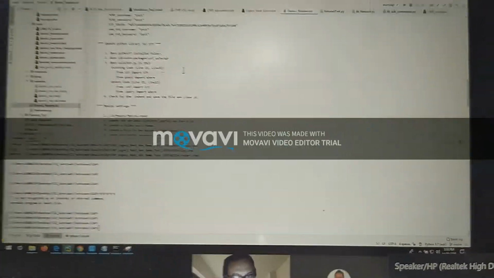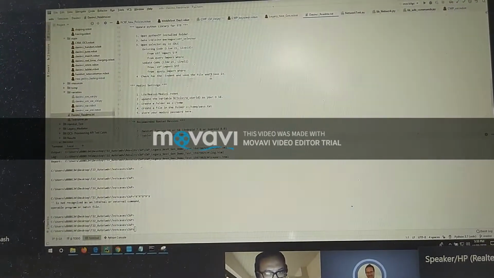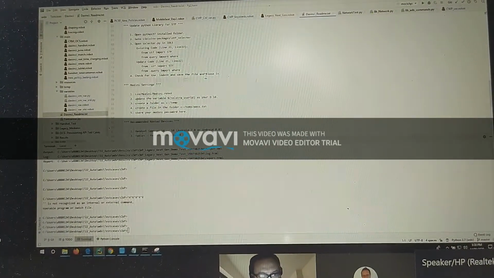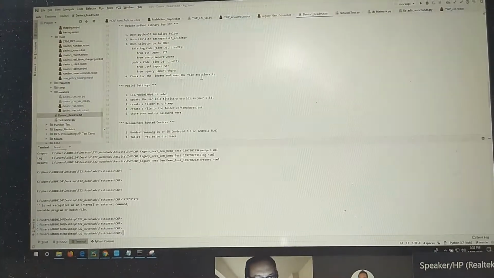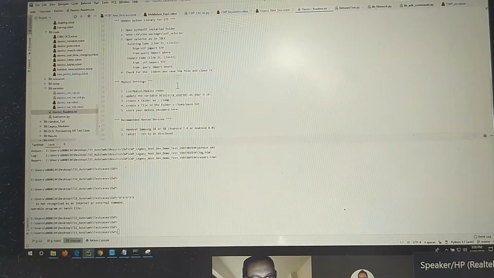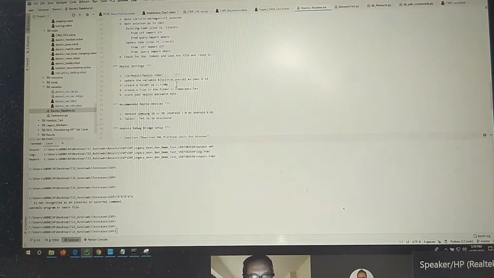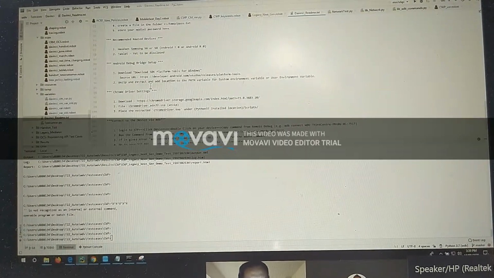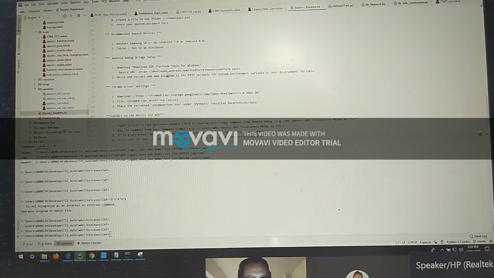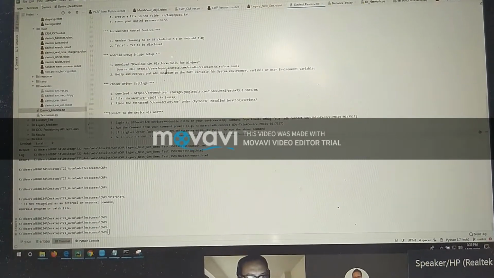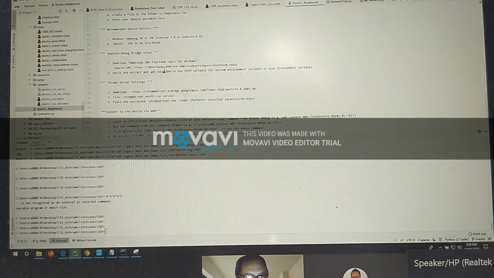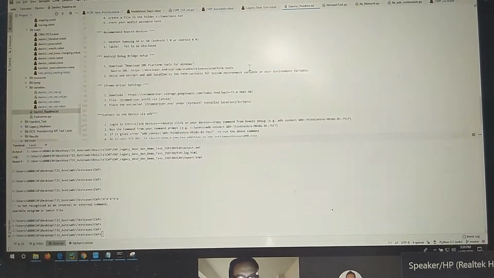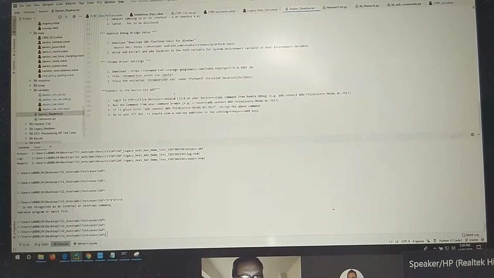We will be having a separate file where we have to store all our usernames and passwords. We call it a YAML file, so it's in YAML format. Apart from that, we will have the handsets that we have to connect, and mostly we have to install ADB. Most important is ADB, and all the commands that we are going to run on the handset will be run using ADB commands.